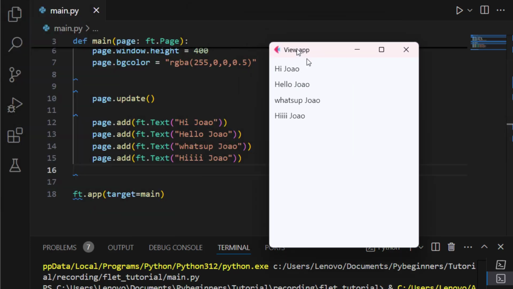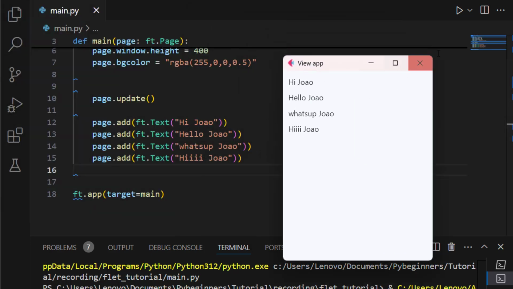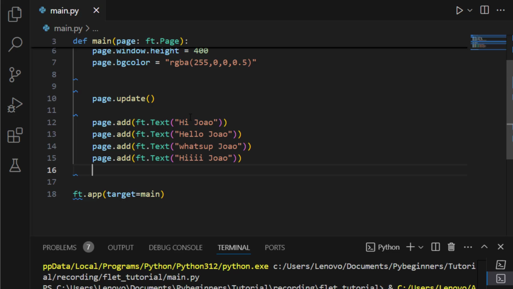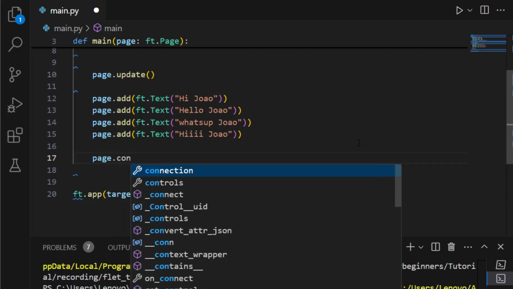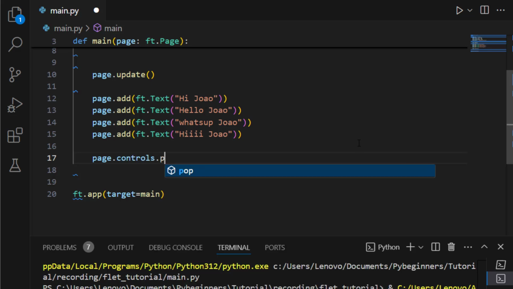As you see, we have a lot of stuff here. In order to remove any control inside of our page, we can use page.controls.pop. It helps us to remove things. For example, if I do something like this, page.controls.pop,